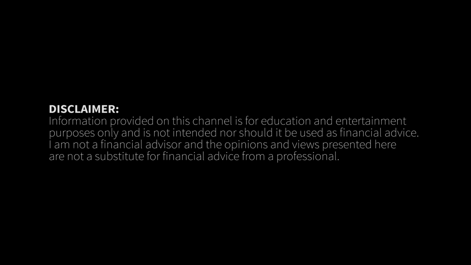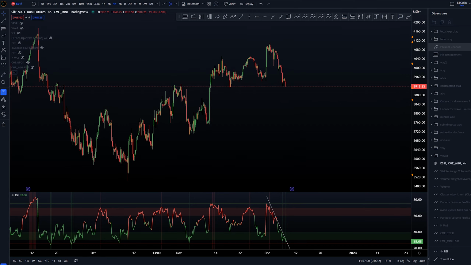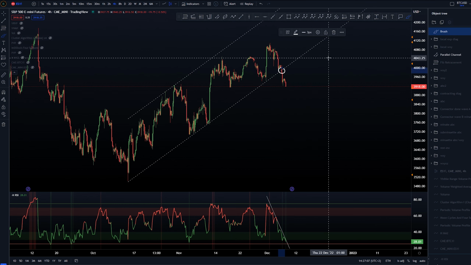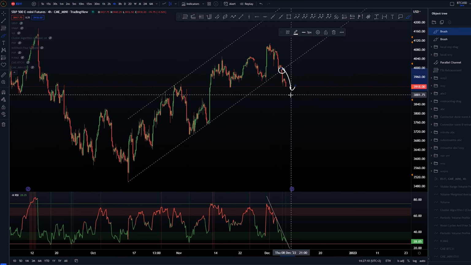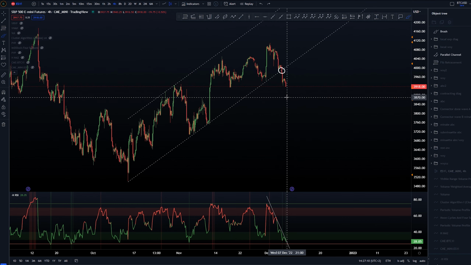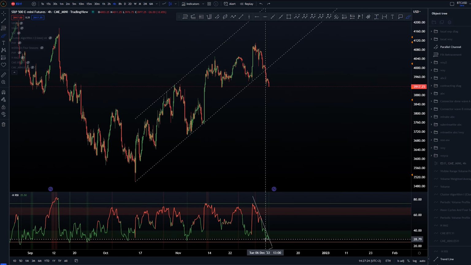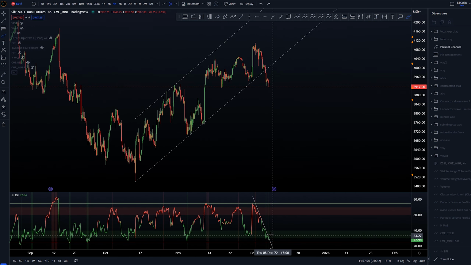Starting here on 4-hour time frame, we've had this parallel channel broken, as everybody's probably tracking this one, and breakout traders are getting, once in a while, a lucky break downwards, and they are in profits as well. Now at some point that has to be reflected in the price, and those guys should be taken out, maybe, possibly. At the moment on 4-hour time frame, we still have this downtrend going, and without any divergence